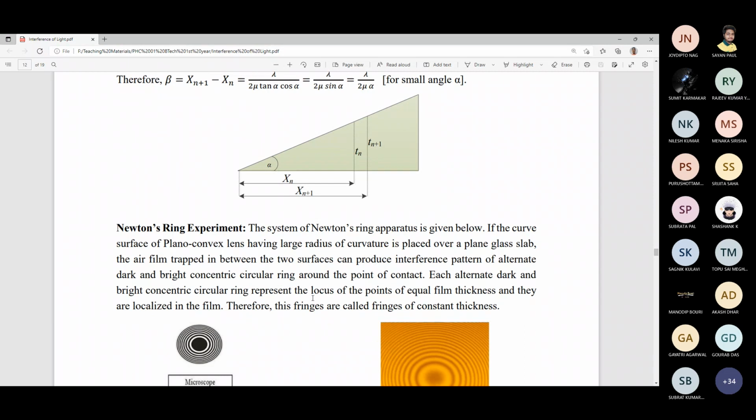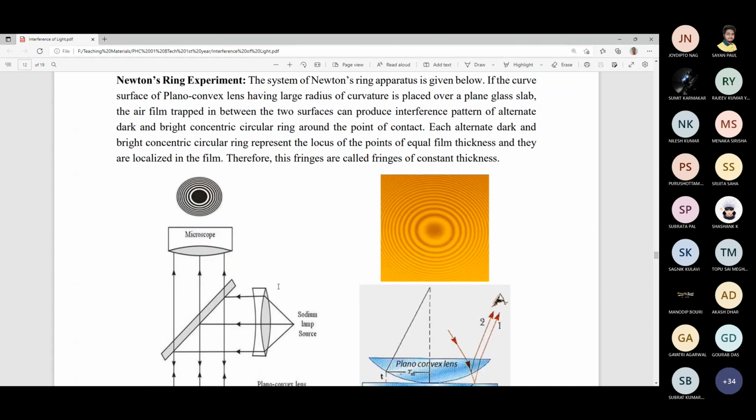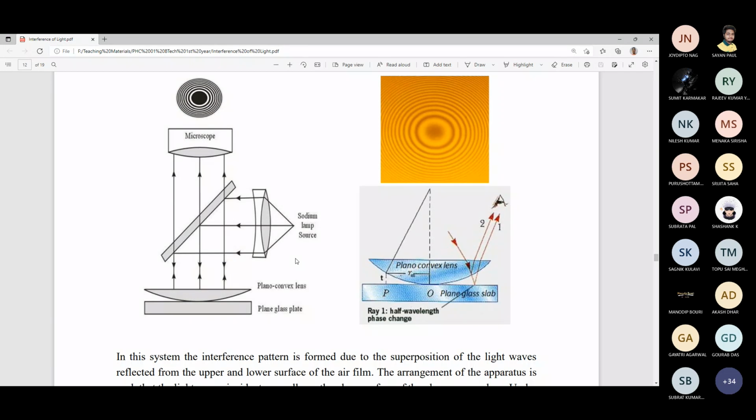Okay, now we consider the application. That application is Newton's ring. So Newton's ring, how it will look, all of you know, all of you have already done this experiment. Now we will discuss the theoretical viewpoint. In Newton's ring, the apparatus is like this: this is a light source, and the source is present in front of a convex lens. Then the light from this lens